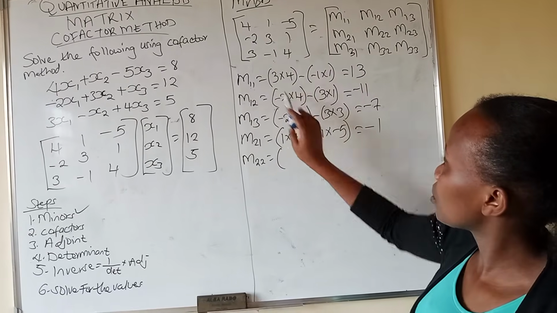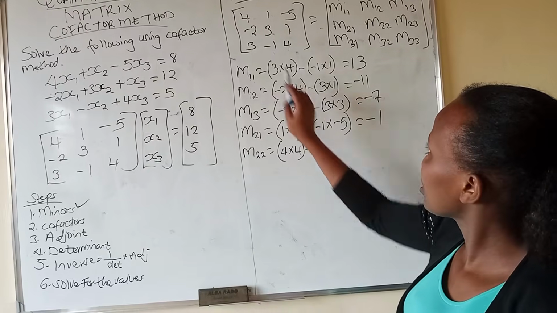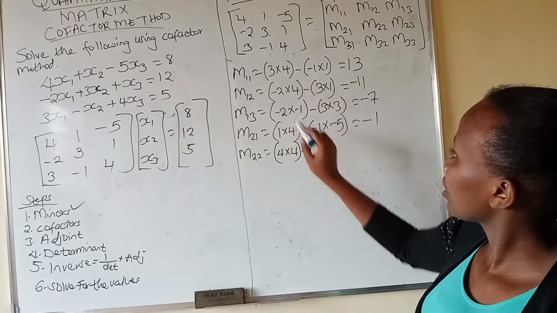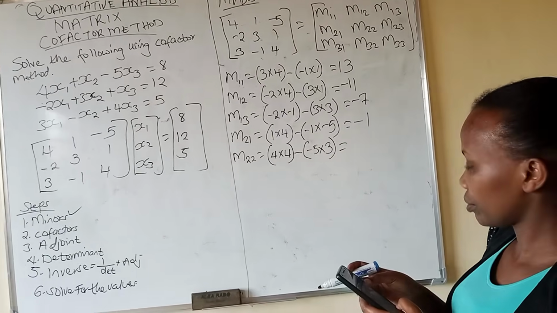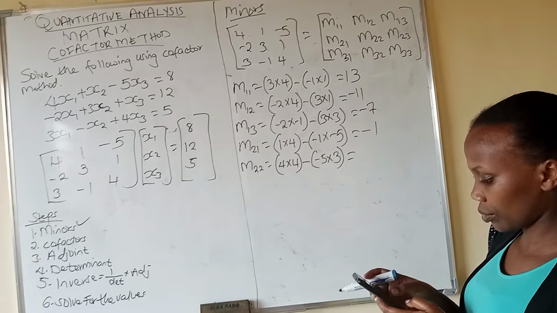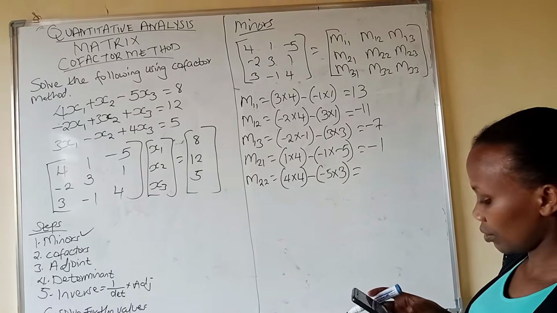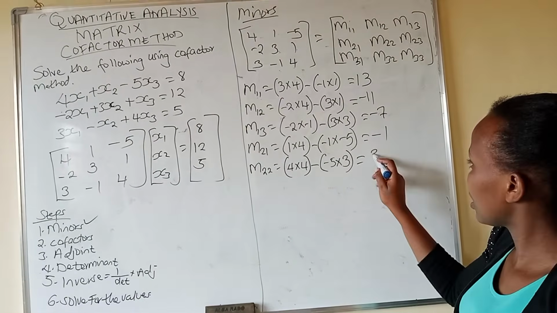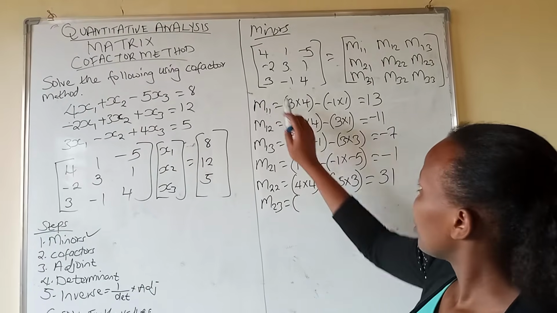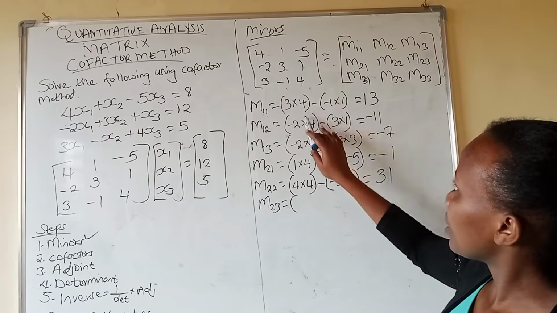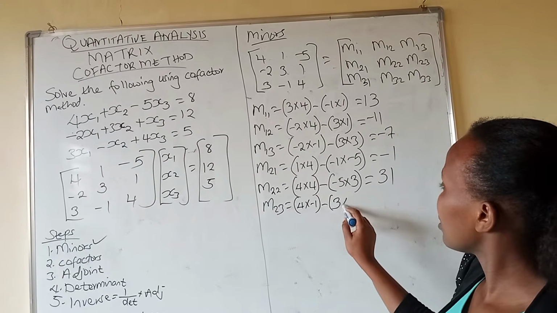So you are going to get 4 times 4 less negative 5 times 3, which is 31. Then M23, not in row 2 and column 3, which is 4 times negative 1 plus 3 times 1,